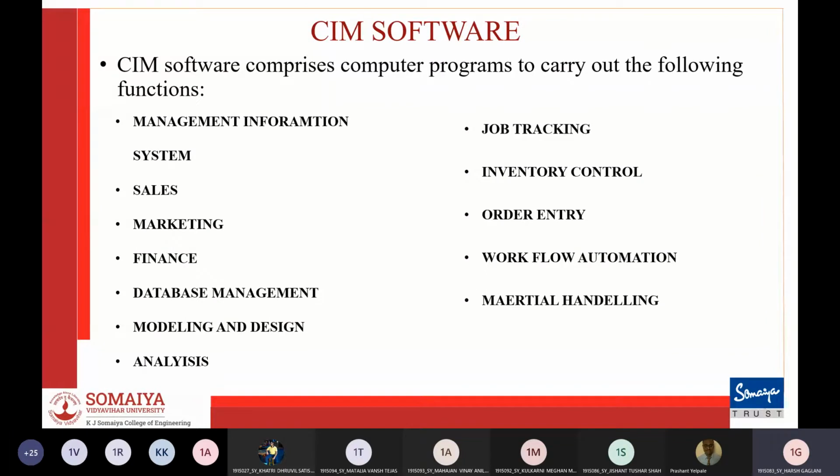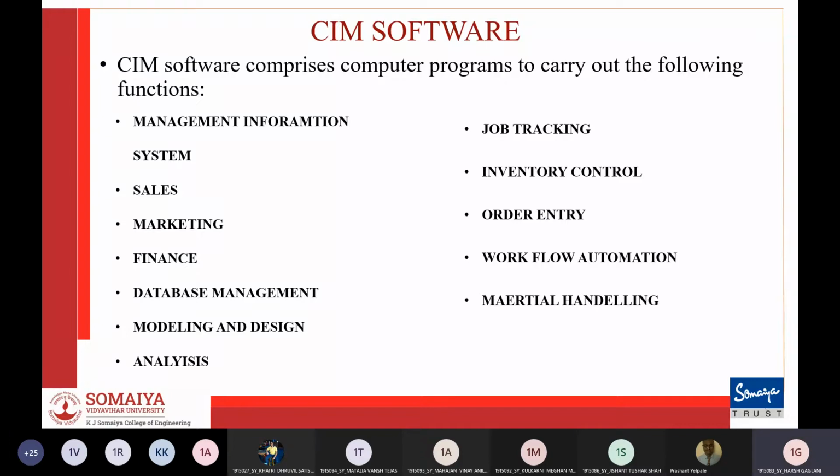So here we will not talk about the name of the software. We will just talk about what this software are used for. So mainly the software is used for supply chain management, or you can say business purposes, and other analysis of the product, such as using finite element analysis and ANSYS to see the stress strain analysis in the product that we need. There is management thing, GPS job tracking, like we order a parcel which is being tracked, material handling, workflow automations, and other.